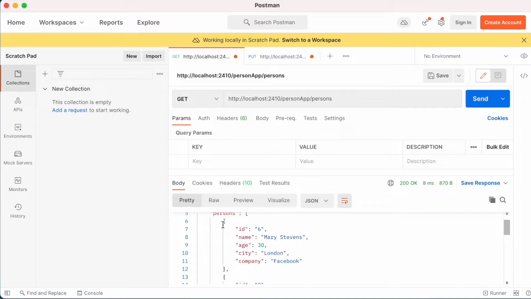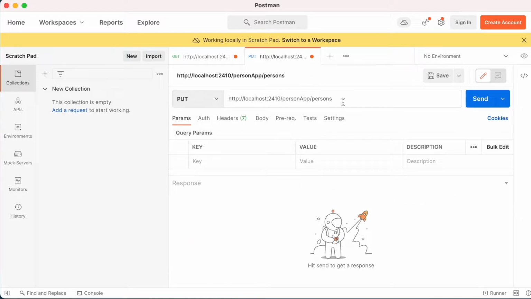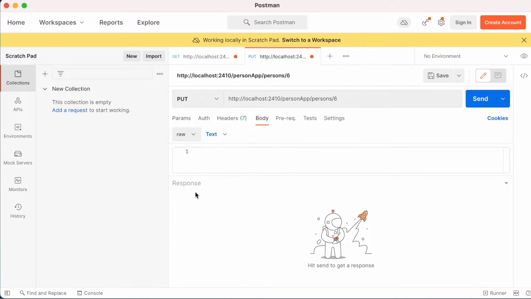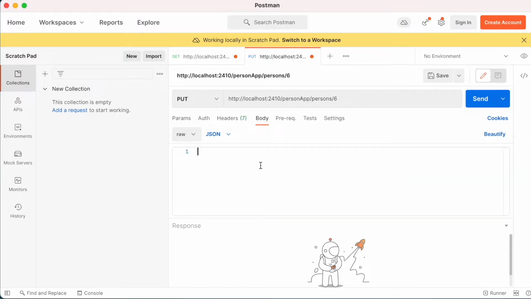Let's say we want to edit the details of Mary Stevens ID 6. So we will call it with 6. In the body, raw form as JSON. We don't need the ID.